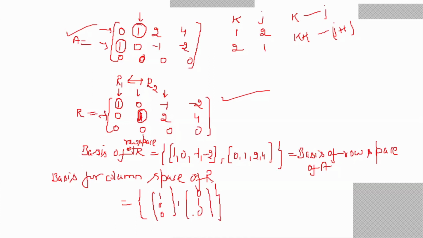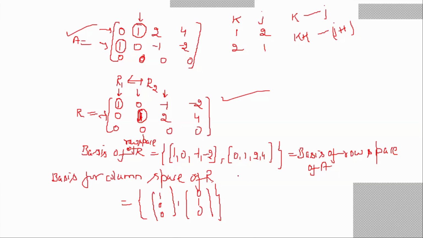Now, what is the basis for the column space of the A matrix? Can you tell me? Yes? Say something, all of you. In the tutorial I am checking you because you have already covered this in the lecture class. So the basis of the column space of the A matrix is the corresponding columns of the A matrix.